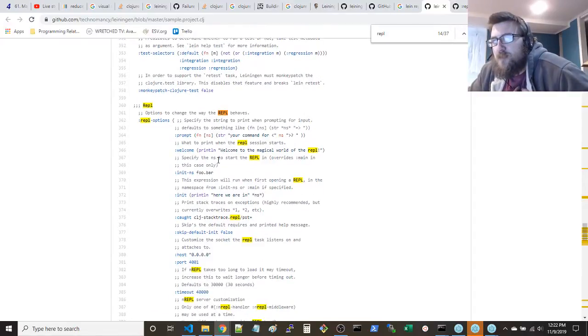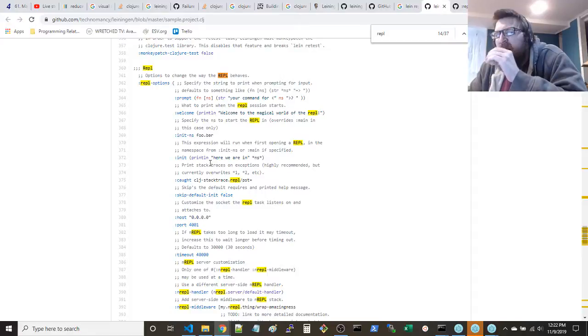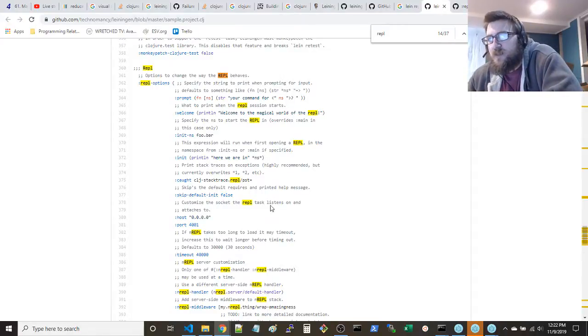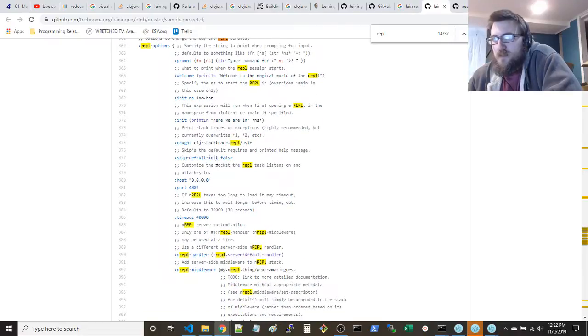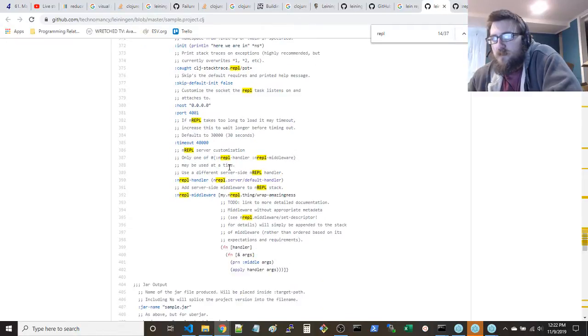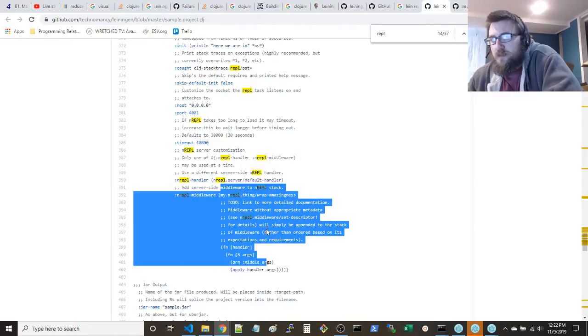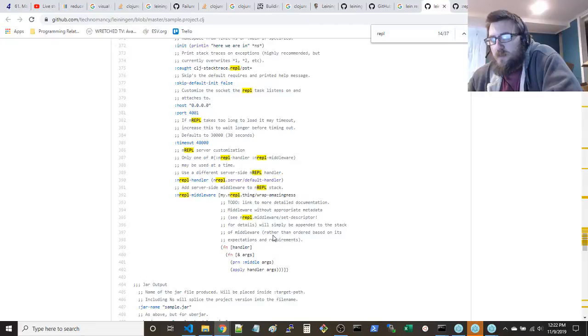String to print when prompting for input. Prompt, welcome, initial namespace. Socket, the REPL task listens on and attaches to. Server customization. REPL handler, middleware. Could assign middleware to the REPL stack. Interesting.